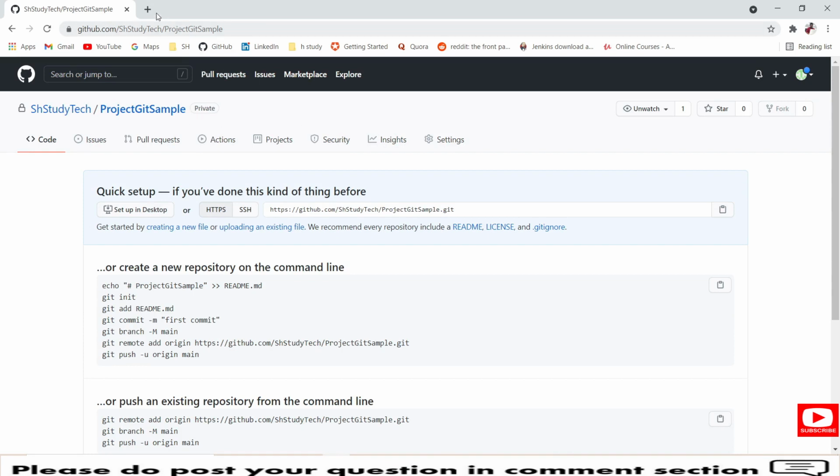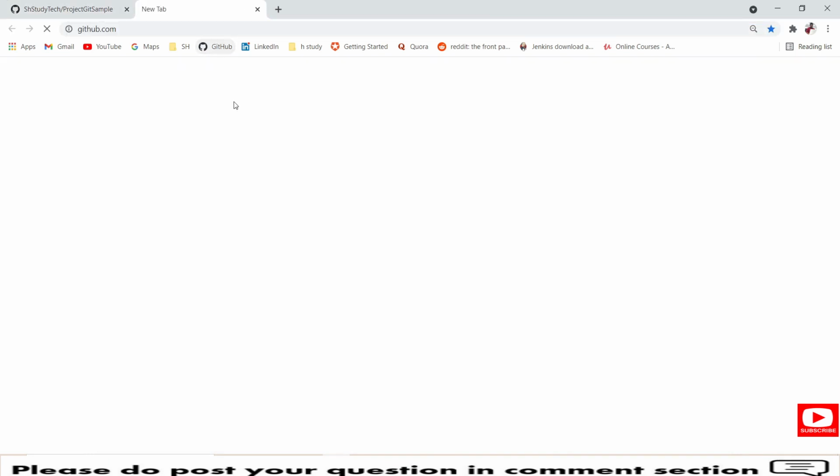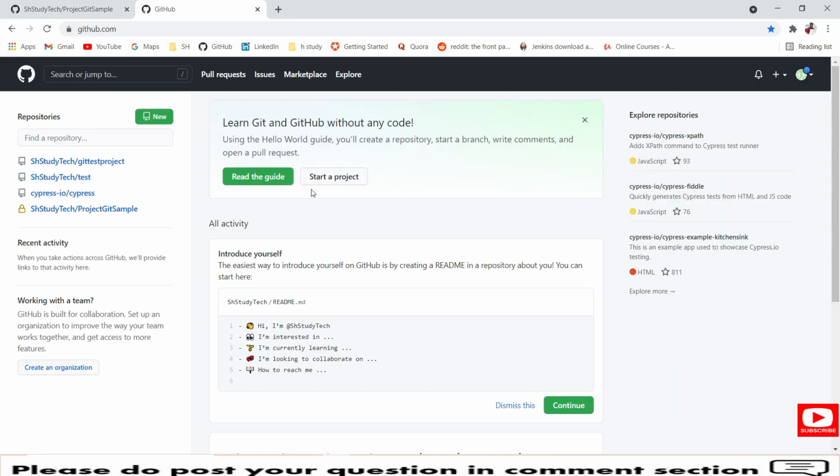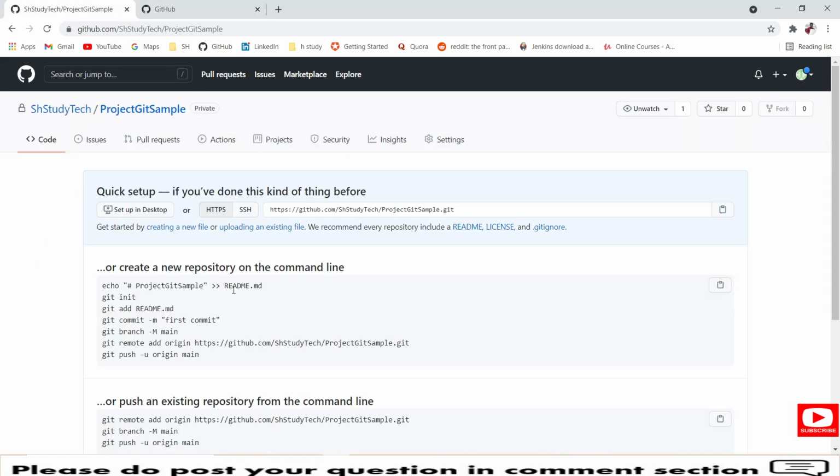In case you want to know how I created it, just go to github.com and log in using your email address and password. Then you create a project here by clicking on start a project. Once you click on it, the project gets created like this.